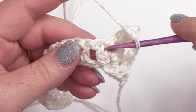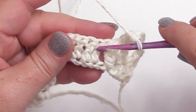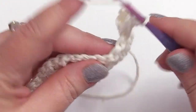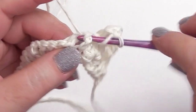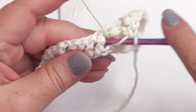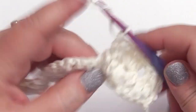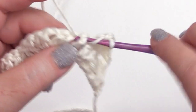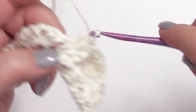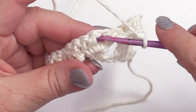So we're going to skip these 2 double crochets and then we're going to work a front post double crochet around each of these next 3 posts. So a total of 3 front post double crochets. So 1, 2, and 3. Then we're going to skip these 2 double crochets and in that chain 1 space, we'll do the